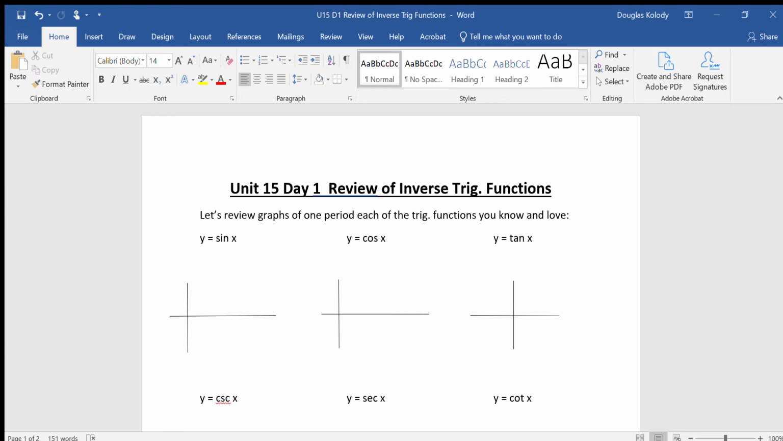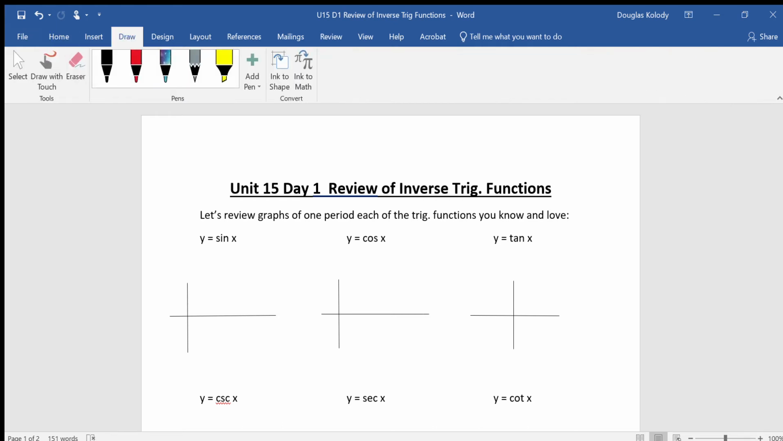All right, so first, let's begin with what you know. Let's review. Y equals the sine of x looks just like this. I'm going to go pretty quickly through this. Let me use a different color pen. There we go. From 0 to 2 pi, and I'm talking about one period of each of these functions, and we're going as high as 1 and as low as -1. Okay. All right. Cosine of x looks like this,